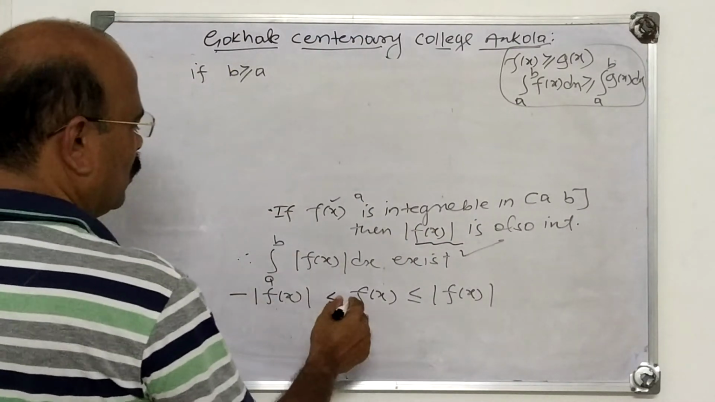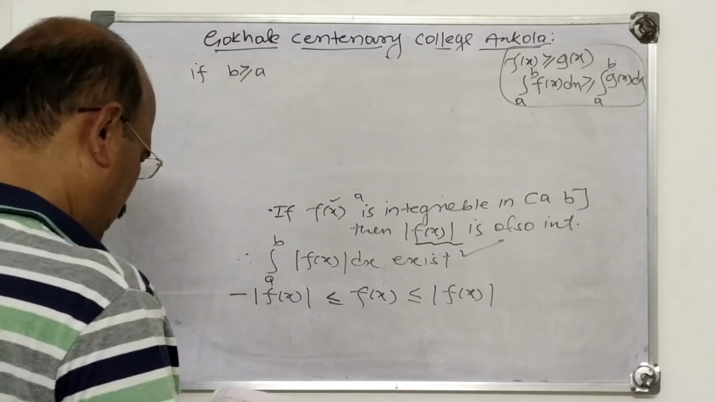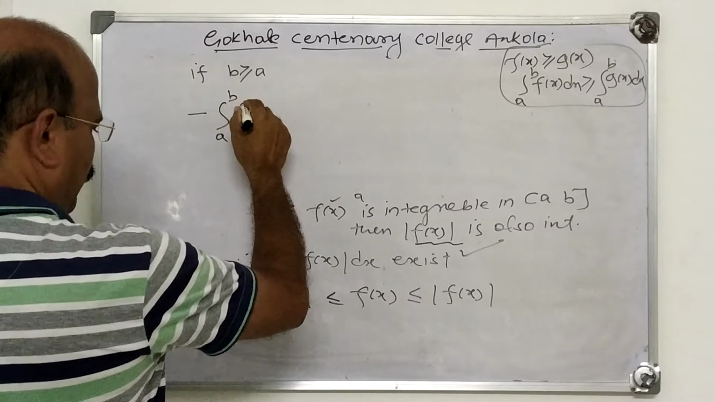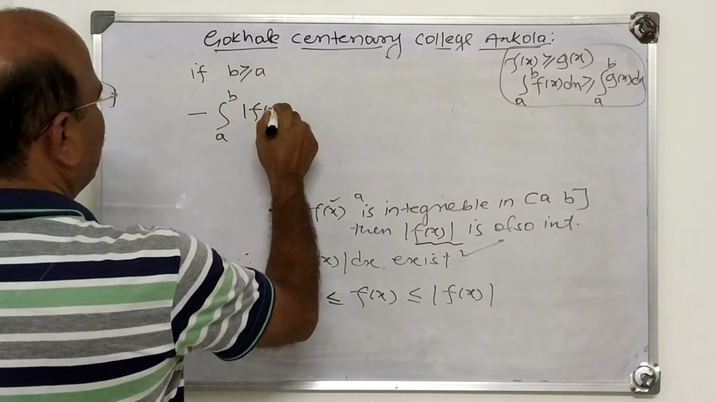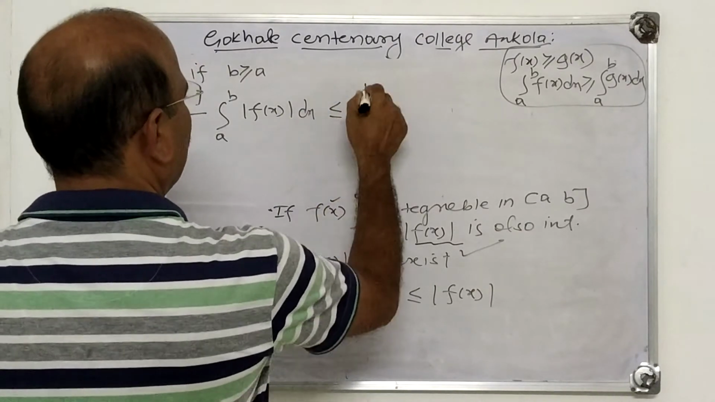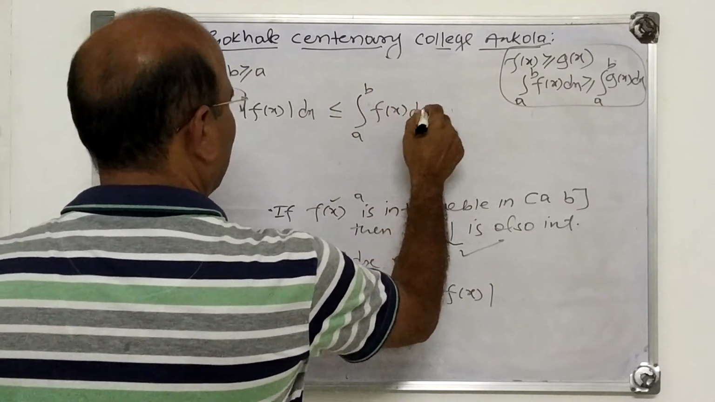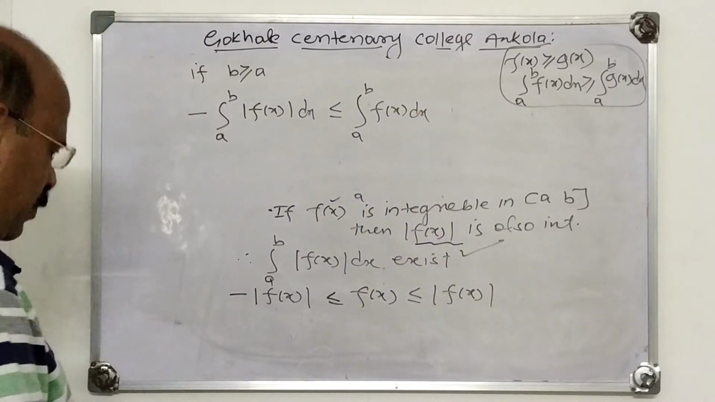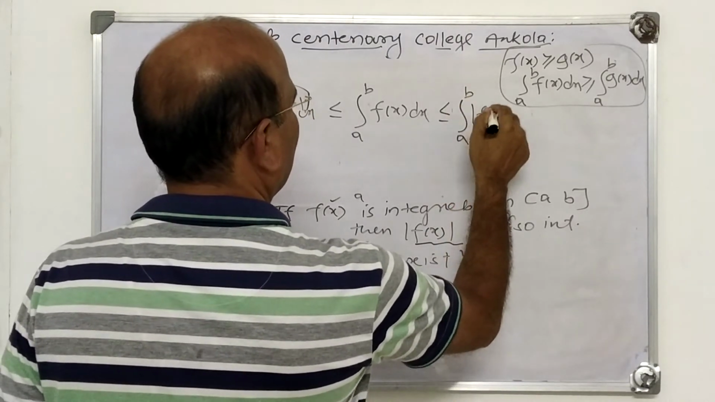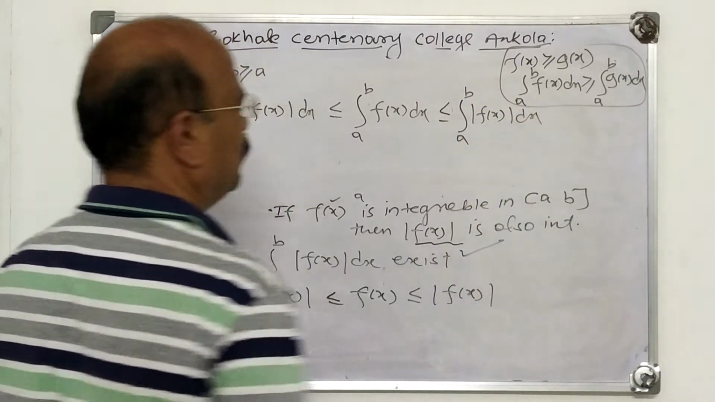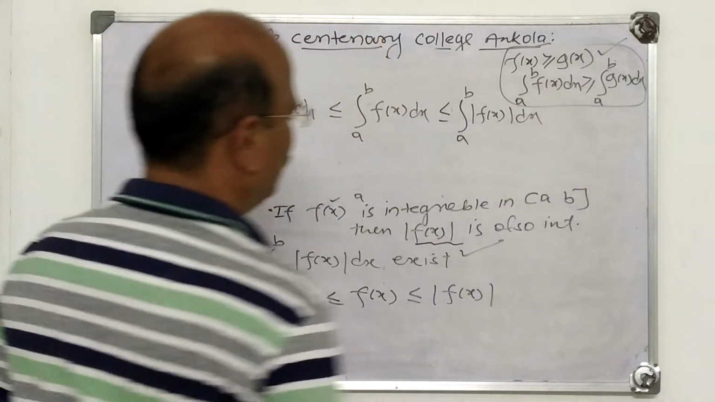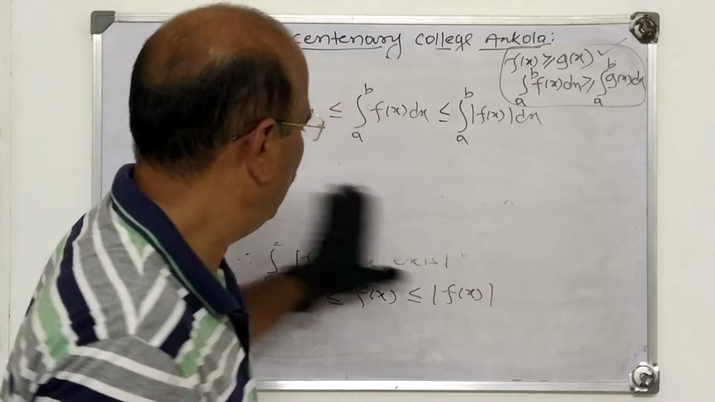Therefore, if b ≥ a, we can write here: minus integral a to b of |f(x)| dx ≤ integral a to b of f(x) dx ≤ integral a to b of |f(x)| dx. Because using this result, I think this step is clear. Now